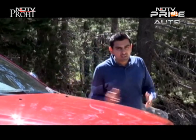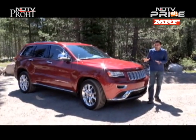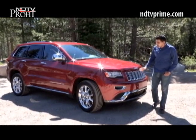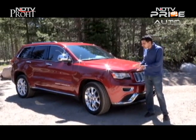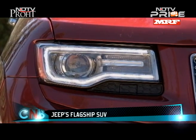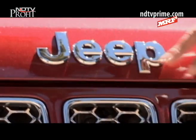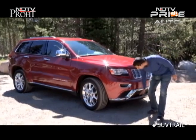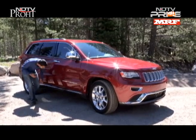At the top end of the luxury SUV market, or the premium SUV market, especially with the Indian context in mind, it's important to have a lot of presence, and so good looks certainly do become pretty major. And what you're seeing here is the new face, so to speak, from Jeep that was introduced a few years ago. This is the facelifted version of the Grand Cherokee, so it does have the new LED signature light that's been thrown in. Of course, that's a top-end feature, but again, I expect that to come to India. Lots of chrome up front, and this is again a signature Jeep grille, big Jeep badge on top over here. Gives the car a very distinct look as well, I have to say, and because this is the high-end, you see a fair amount of chrome thrown into the bumper, and also, when you come around to the side, the mirrors, as well as this bit of skirting down here at the bottom,